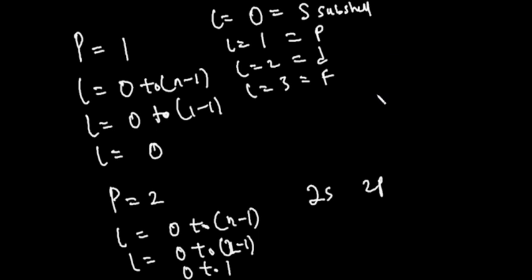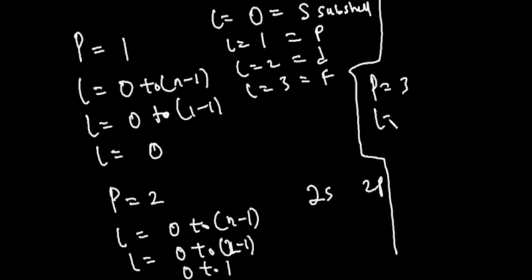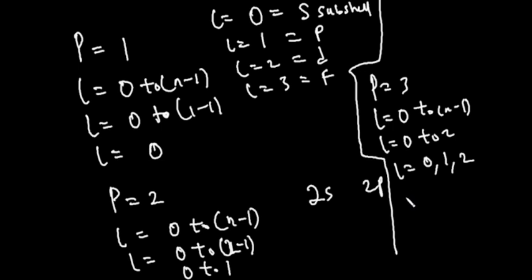In a situation where we have n equals 3, you will find out that l will be equal to 0 to n minus 1. In that case, l will be equal to 0 to 2. Counting that will be 0, 1, and 2. Which means that when I have n equals 3, I have 3s, I have 3p, and then I'll have 3d,